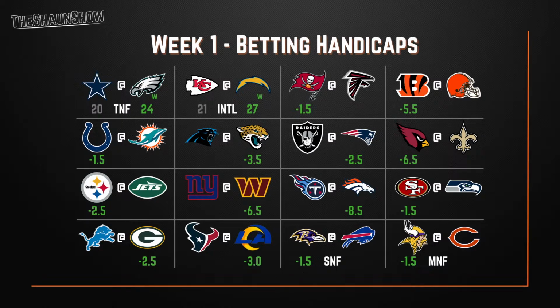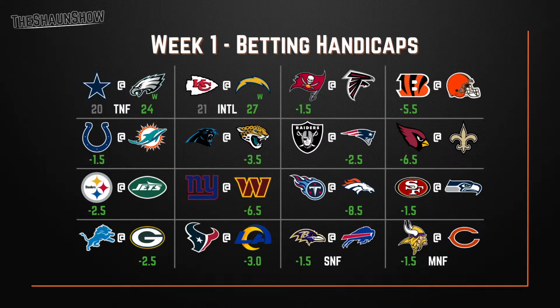I don't like 8.5 points, especially for a divisional game like that. Broncos defense is insane though, and Cam Ward, although he has been hyped up from his college career, is a rookie quarterback. So I just don't trust that with the kind of defense Denver has. I will take Denver 8.5. Don't like it though. I really don't like it.